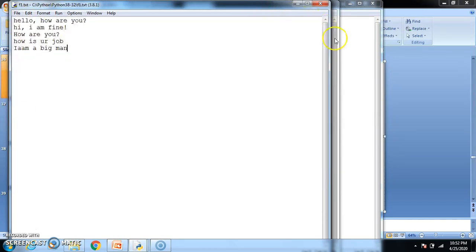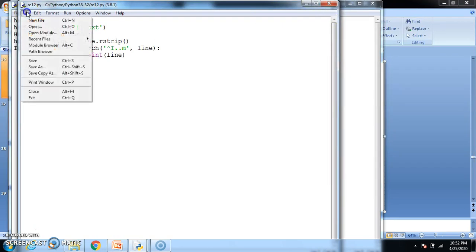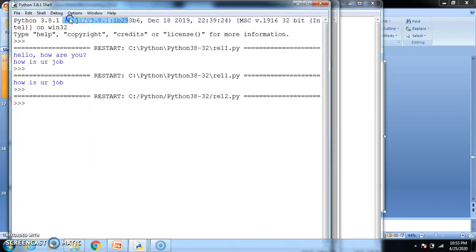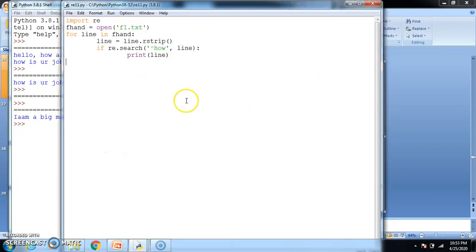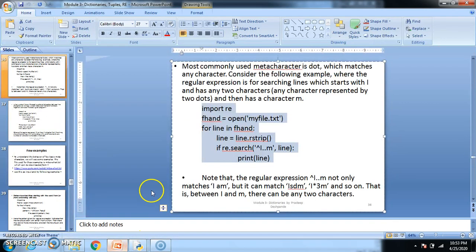Then we'll go back and execute this. As you can see in the output, I am a big man is displayed here. So that particular example matches the pattern which starts with I and ends with m.